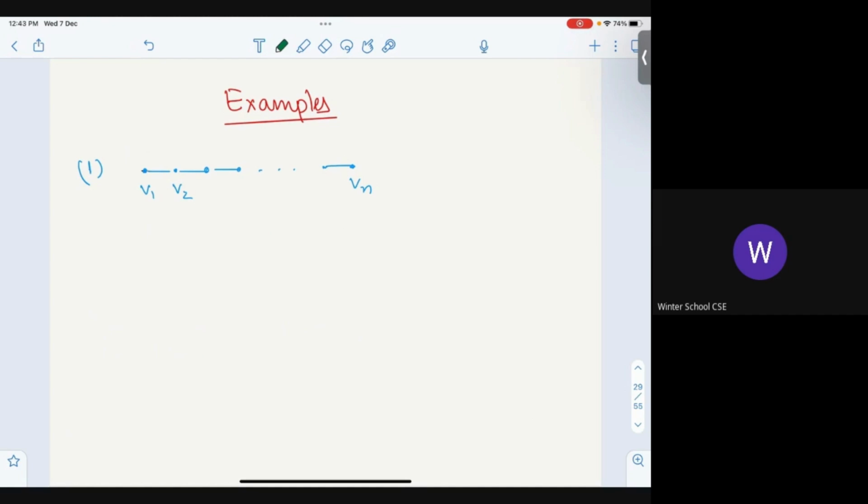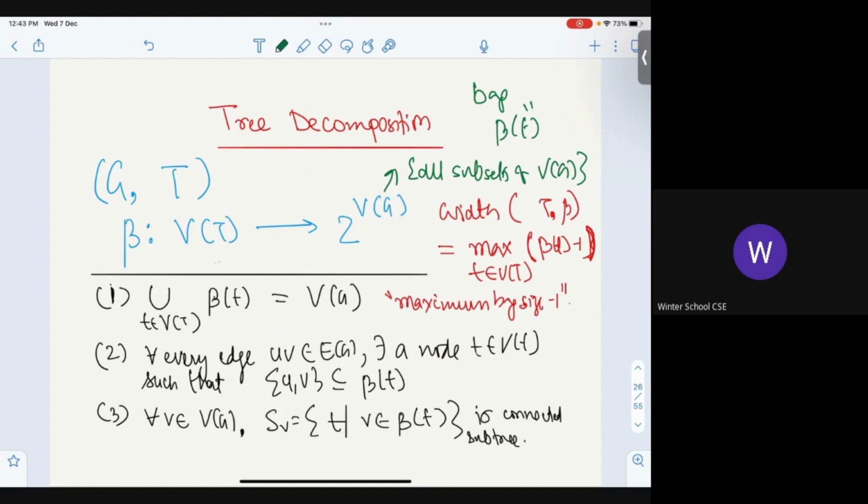Tree width of this. Someone says 1. I'm not going to accept that. So you have to give me a function, right? You have to tell me t, what is my beta? Or you give me the home function, whatever. Anyway, let's just stick to the second definition which I gave you, just to get you used to it. You have to give me t and you have to give me beta, satisfying all the 3 properties. So it might be a useful idea if you can take a snapshot of this, if you have a camera, so that you can go back. If you have never seen this definition, it is a mouthful to keep in the picture. So maybe take a picture so that you can see.